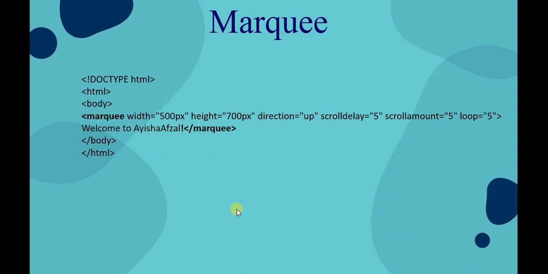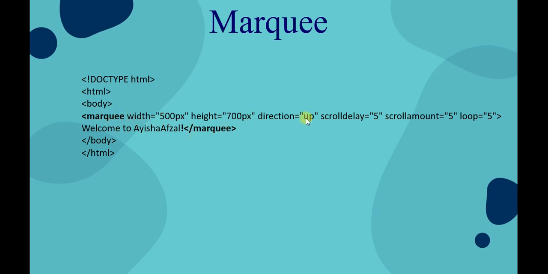First one is the marquee tag. Marquee tag is nothing but the moving text in our HTML page. In some government websites or some college websites you can see that when something new is updated, they show it to us, saying this is the new thing available in our website. It's moving text. So whatever we want to scroll, that is, whatever we want to move, we can include inside the marquee tag. Open it and close it.